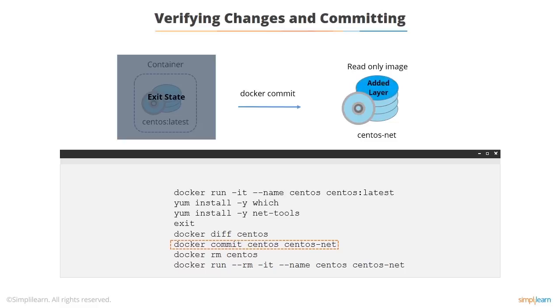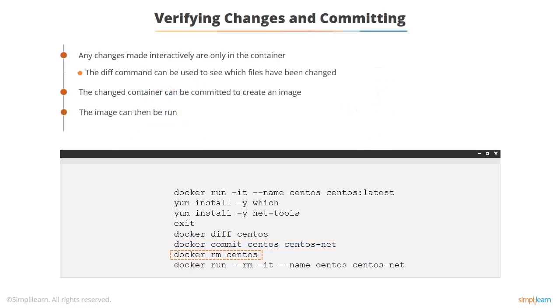And then we can remove the container as we no longer need it, and then we can run the image just like any other image. Run the image as a container, in this case running it interactively. The --rm option on the run command says to delete the container on exit. So if you're just looking at the configuration or something like that, just having a look around without making any changes, it's quite useful to use --rm because you don't have to worry about deleting the container afterwards. But if you want to do a build, change something and then do a commit, you obviously don't use --rm because you'll delete the container you want to commit.